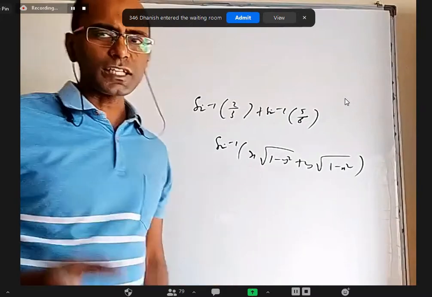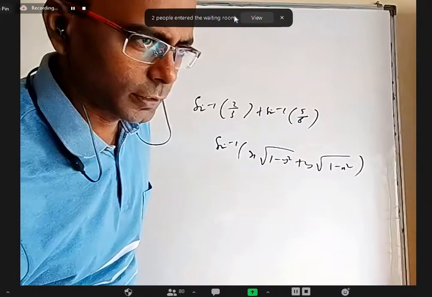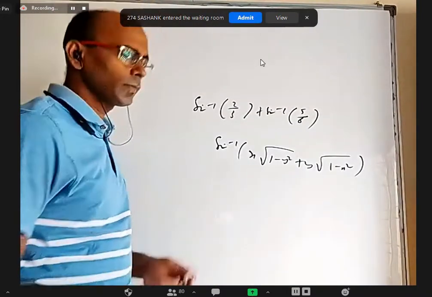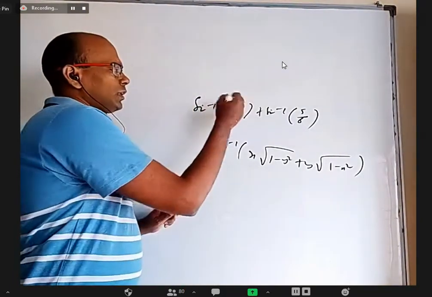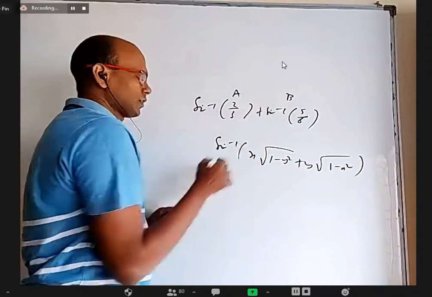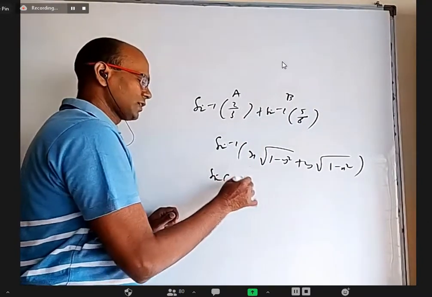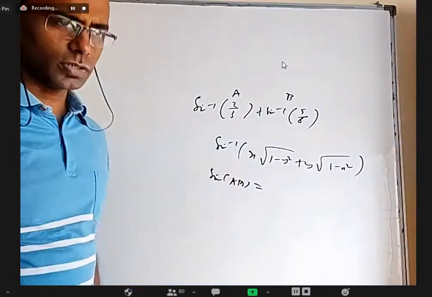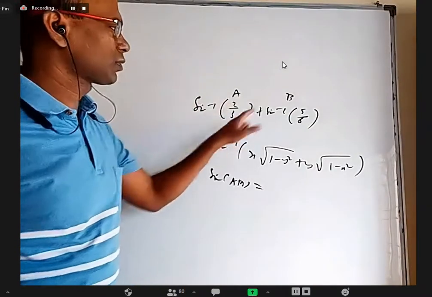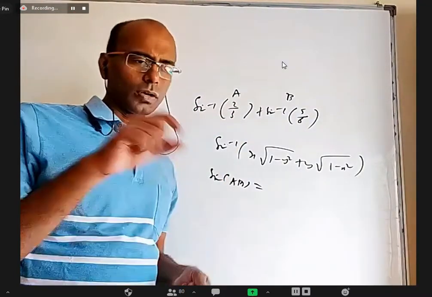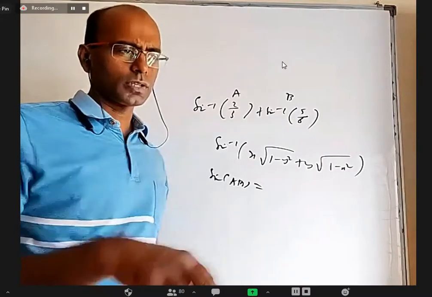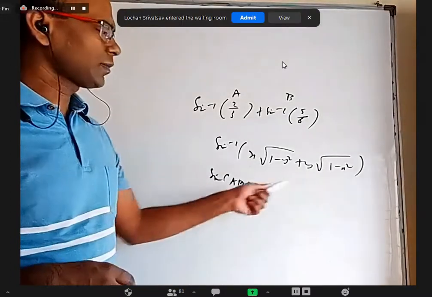But sometimes in the textbook, you may find they have not done it like that. They might have taken this as A and this as B. They may find sine of A plus B and write sine A cos B plus cos A sin B. They may write sine A equal to this, sine B equal to this, and tell you angle A is in the first quadrant, that's why cos A is positive, angle B is in the first quadrant, that's why cos B is positive. And then they may substitute those values.